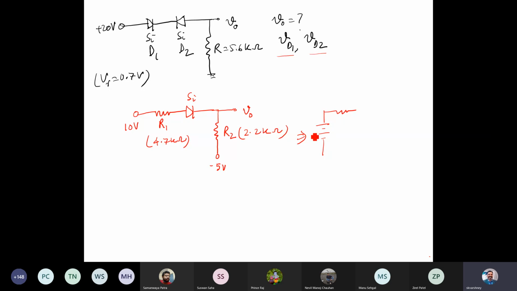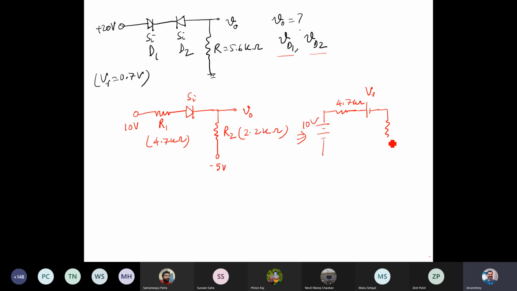So this is 10 volt, and this is 4.7 kilo ohm. Since it is a diode and nothing is mentioned, we have not been given a forward resistance. Sometimes this forward resistance is also called diffusion resistance, the RF value. So I can make use of the simplified model. Since it is mentioned as a silicon diode, it is not ideal, so in the simplified version we can replace it with a battery with a voltage drop V gamma.